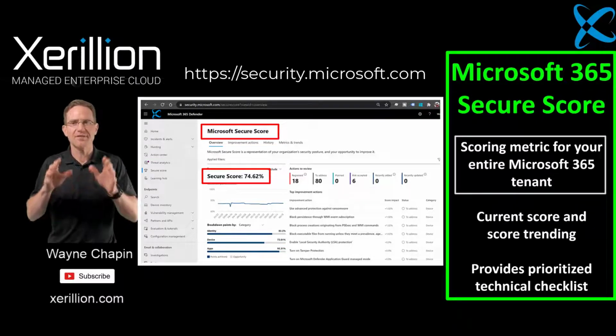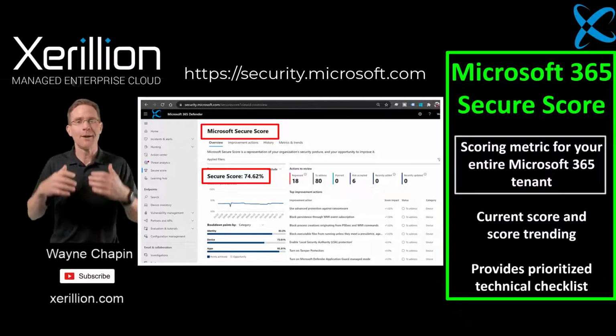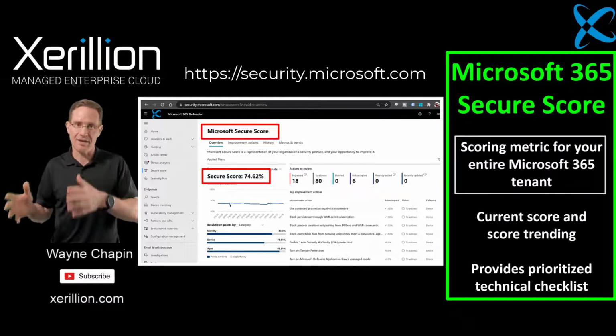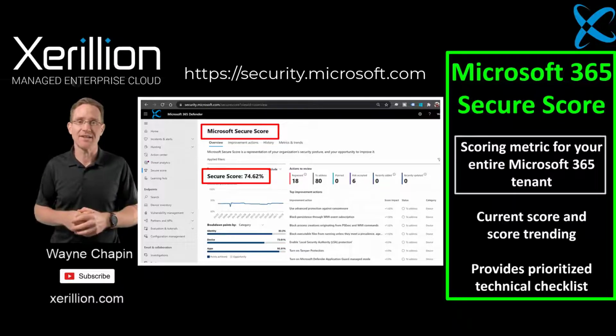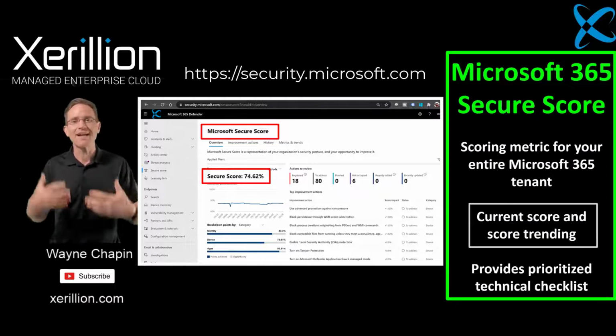Microsoft 365 Secure Score actively monitors the security configurations of your Microsoft 365 tenant, all the security services you have enabled and haven't enabled. And then for the ones you did enable, how you configured that service against a best practices baseline, and then judges you with a score. And it tracks that score over